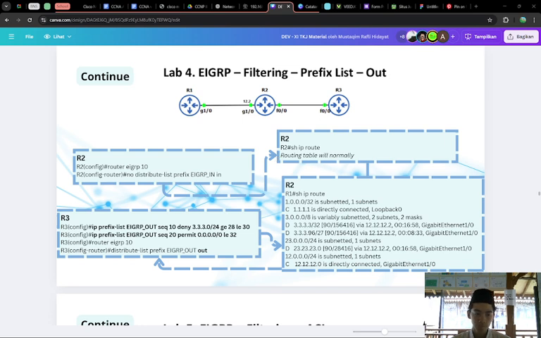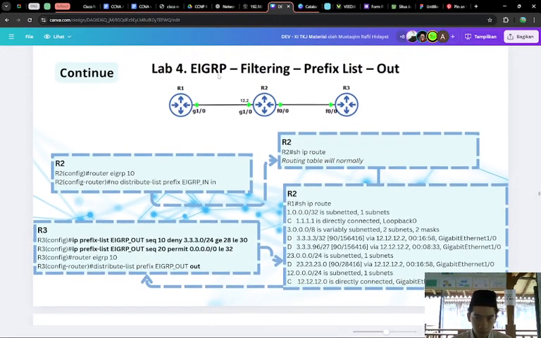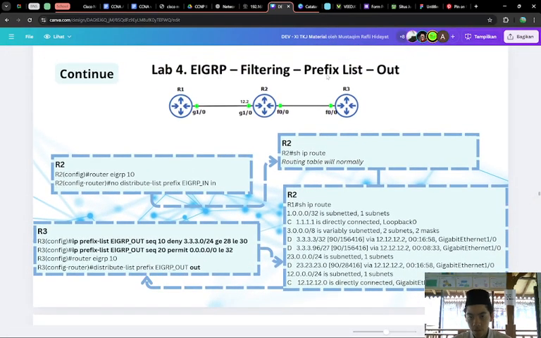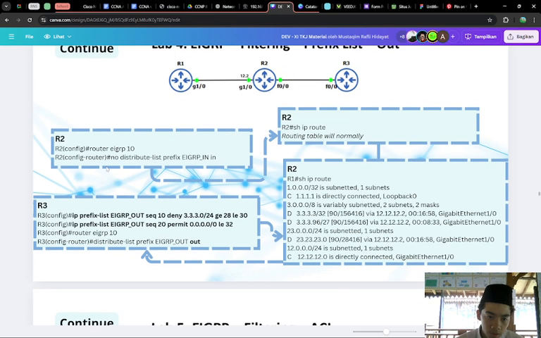So continue here. For the filtering prefix out, it is the same as before, but for the config it is router EIGRP 10, no distribute-list prefix EIGRP in.